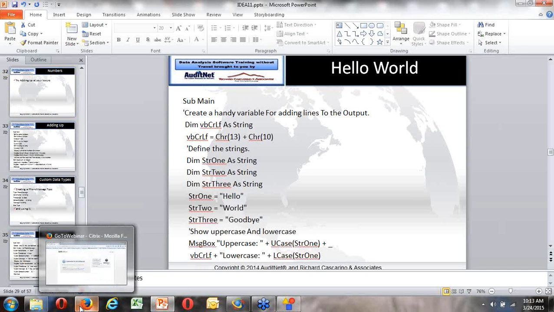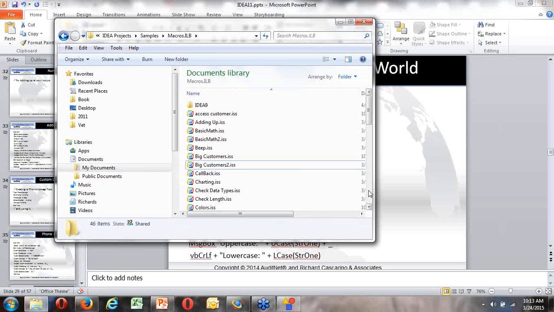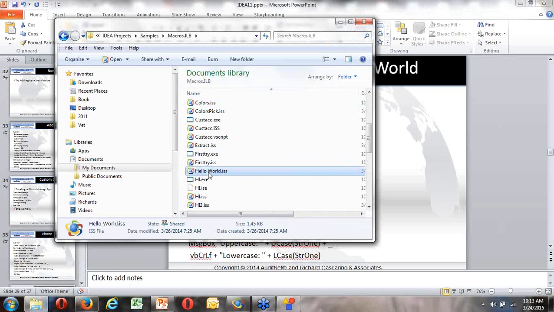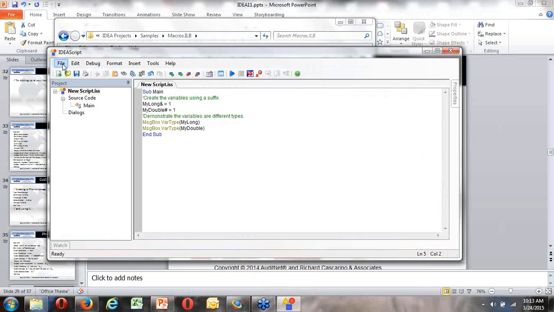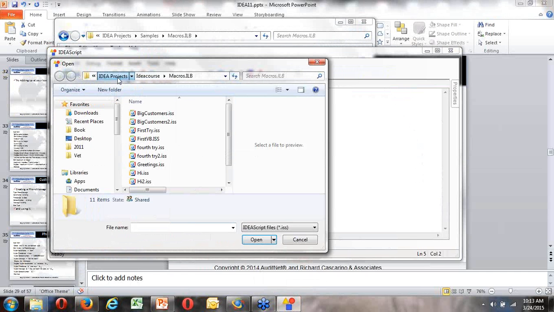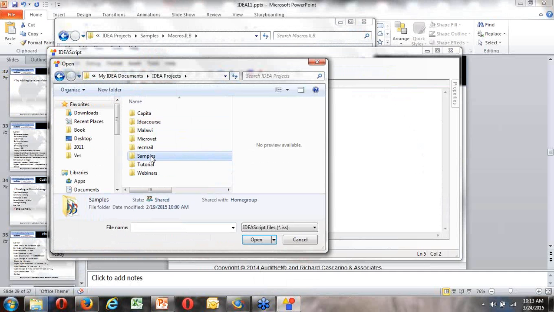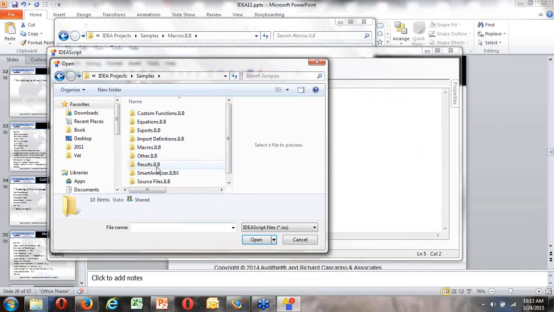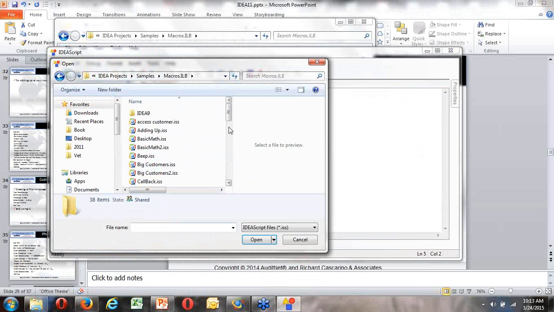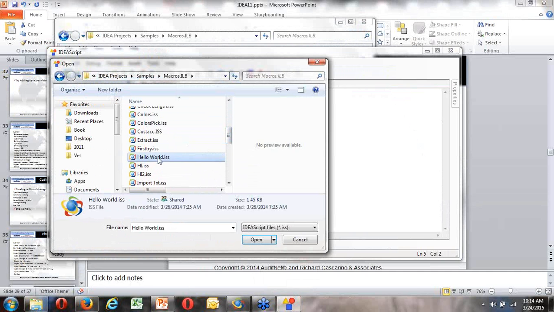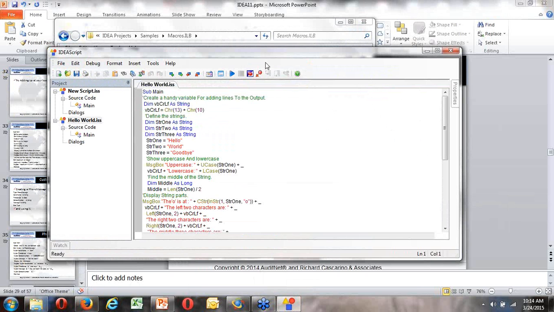Okay. If you want to see how it actually works, there's my hello world. So if I were taking this, I could say I want to go and open, and I'll open it from strings. These are ones that I've already done. Samples, macros, hello world. And that's what you'll end up with. So we're creating a handy variable for adding lines to the output, etc. If I run it now,